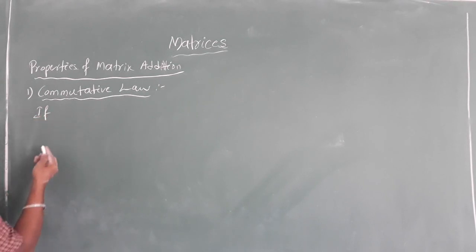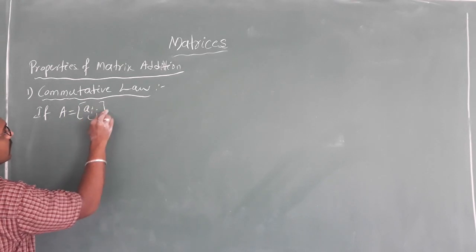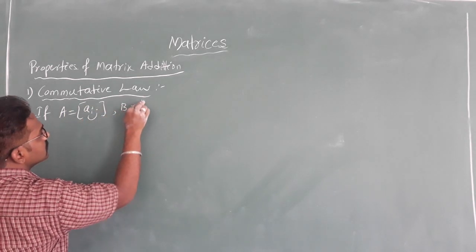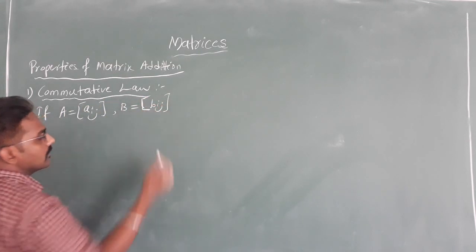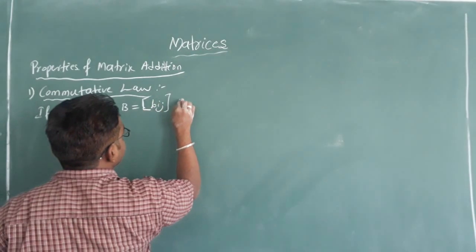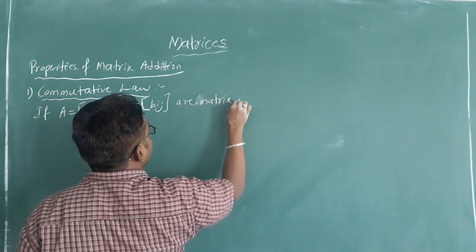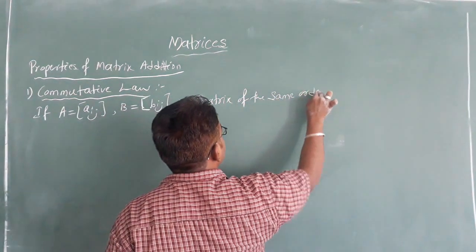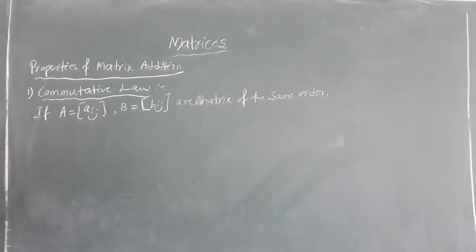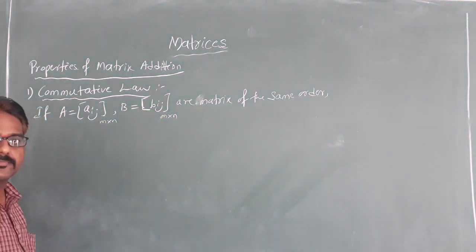If A equals Aij, B equals Bij, are matrices of the same order, that is m by n, here also m by n matrix, then